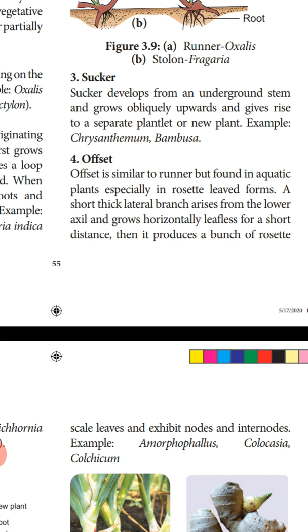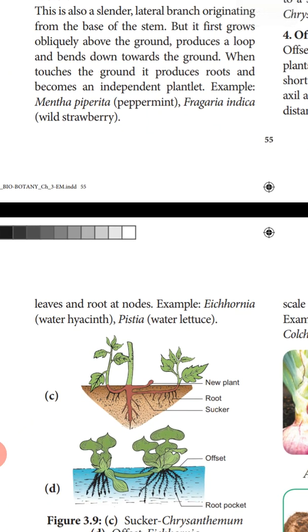A short thick lateral branch arises from the lower axil and grows horizontally leafless for a short distance. Then it produces a bunch of rosette leaves and roots at nodes. Example, Eichhornia, that is water hyacinth, and Pistia, water lettuce. So here you can find